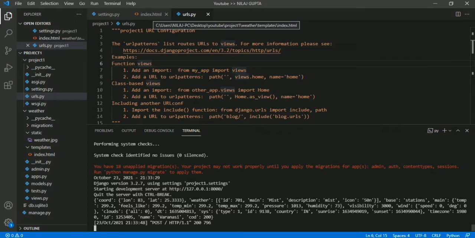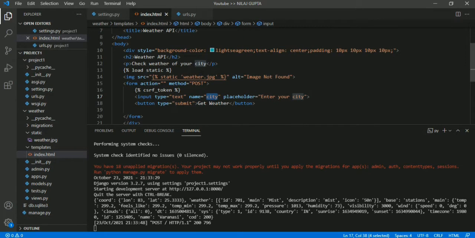And now let's complete our index.html to show the data. Here we will write an if condition. Okay, if data is there. Otherwise in the get method also it will create a table, and that will have no values, but it will create a blank table.